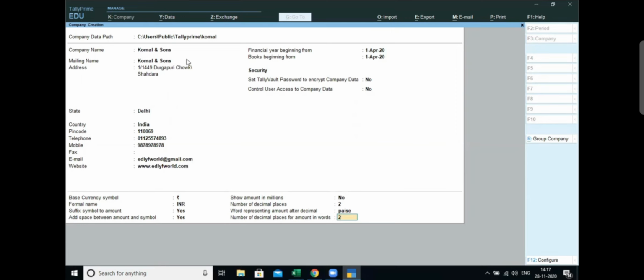After providing each and every piece of information as asked in the form, you have to press enter and select. Either you can select yes by clicking on the yes option, or you can simply press enter to accept the form.